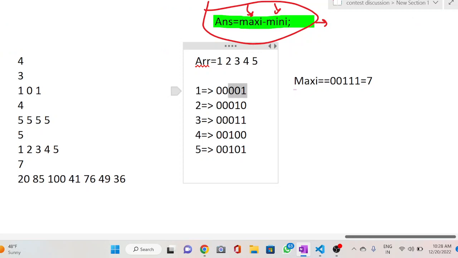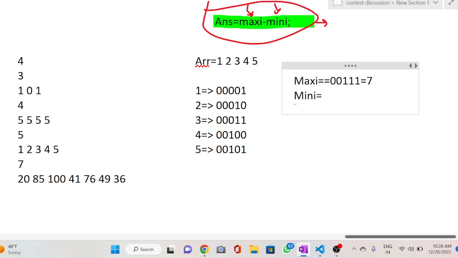Now take this number. We try to minimize this. So initially as mini we store 1. So this is the number.